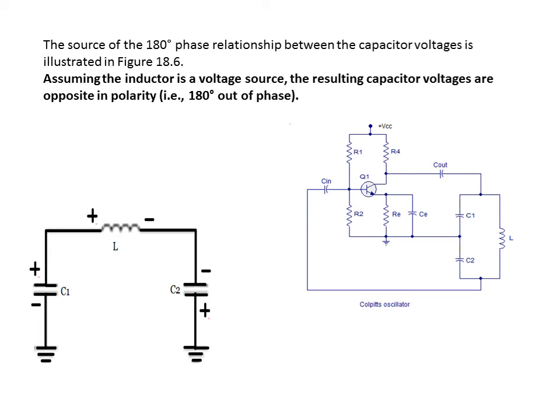C1 top is positive and bottom is negative, whereas in the case of C2, top is negative and bottom is positive. So obviously the voltages developed across C1 and C2 are opposite. They will have a 180-degree phase difference, and the voltage developed across C2 is the feedback voltage, which ensures a 180-degree phase difference from the output. Then an additional phase reversal is ensured by the presence of Q1, which is connected in common emitter configuration. So altogether we will have a 360-degree phase difference. Okay.